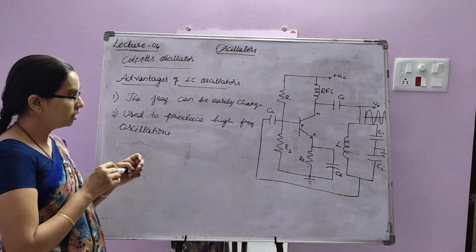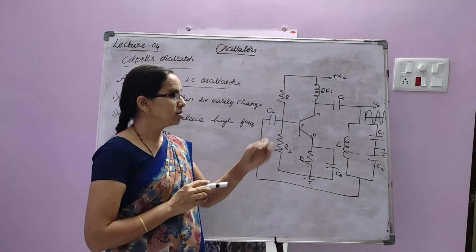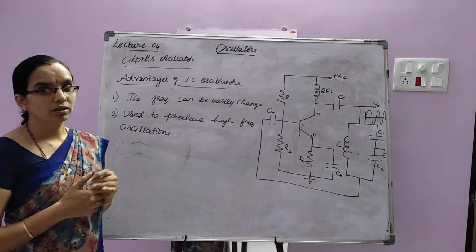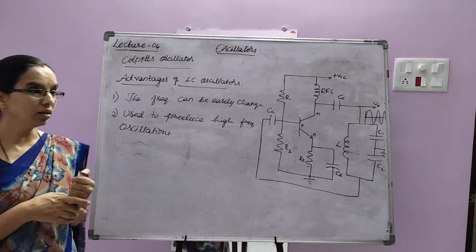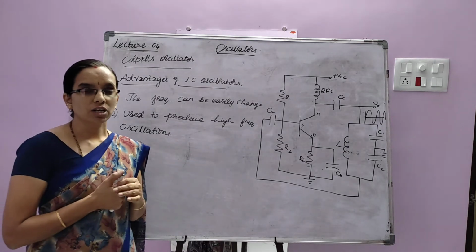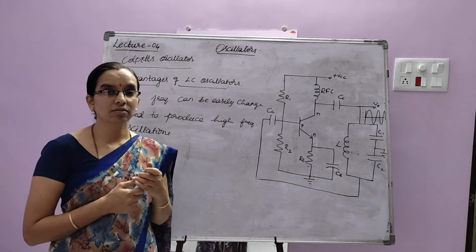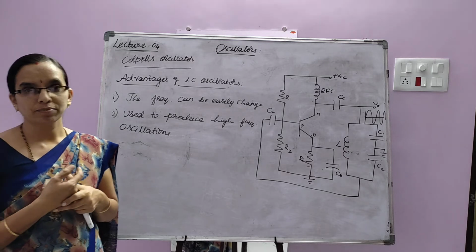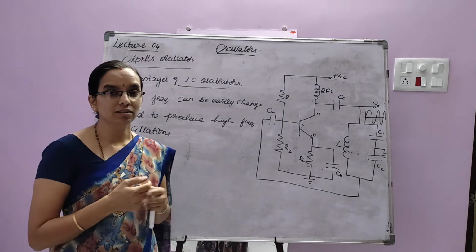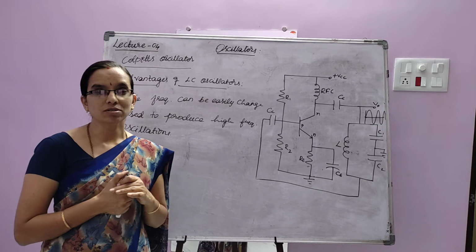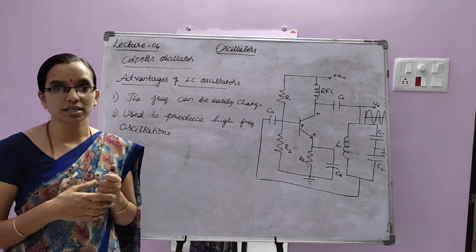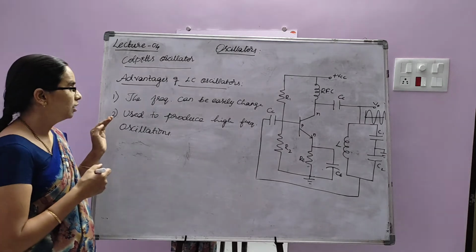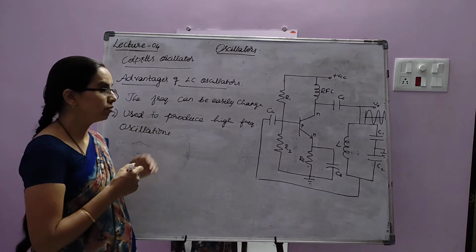For low frequency, capacitor and inductors, the reactance. These two are reactive elements. The inductor is one which opposes the high frequency components, right? And the capacitor blocks DC and allows AC, that you know. So here it is used to produce high frequency components.